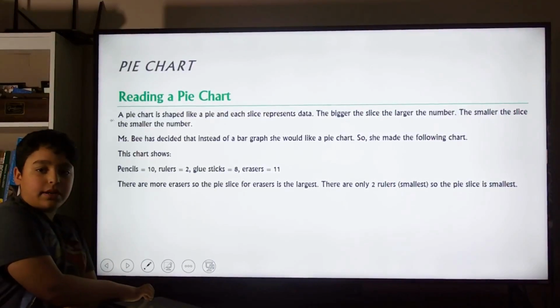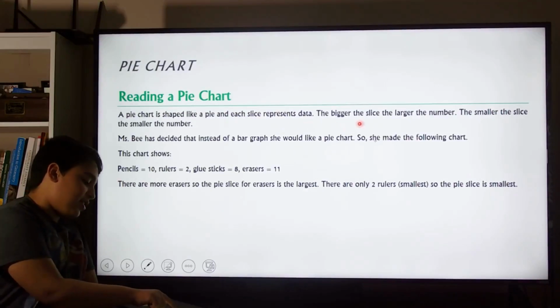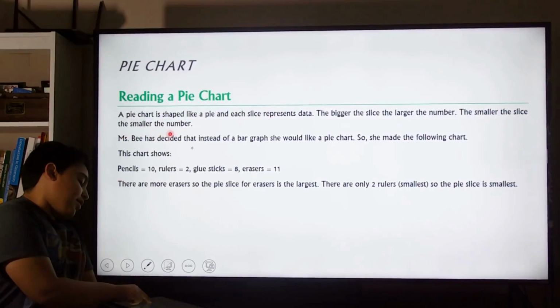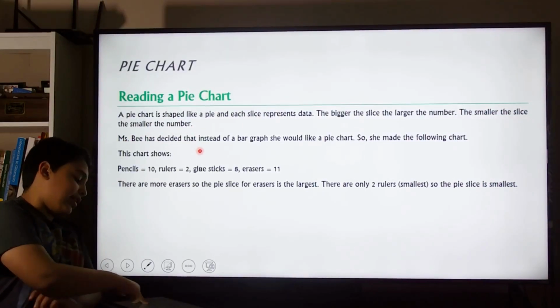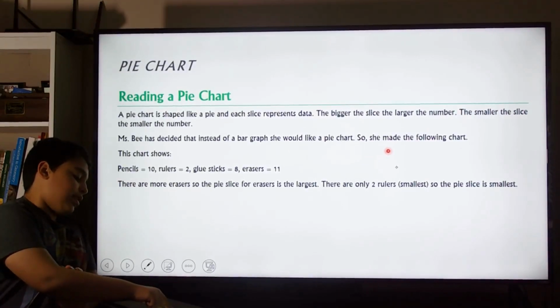Next, we're going to be reading a pie chart. A pie chart is shaped like a pie, and each slice represents data. The bigger the slice, the larger the number. The smaller the slice, the smaller the number. Miss B has decided that instead of a bar graph, she would like a pie chart. So she made the following